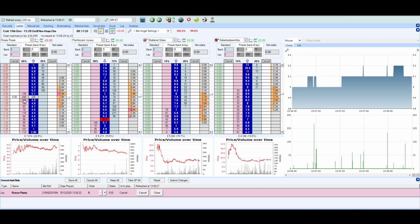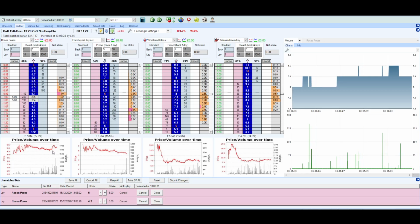Here's what I'm gonna do. And this is the thing. If I was too emotionally involved with that and being like, fuck you, I hope you come back down and get me filled at the price I want, then